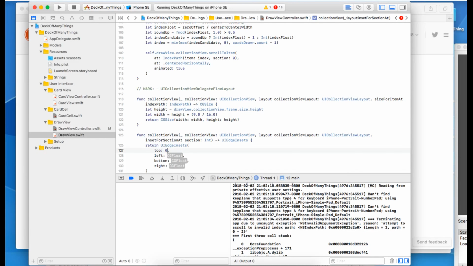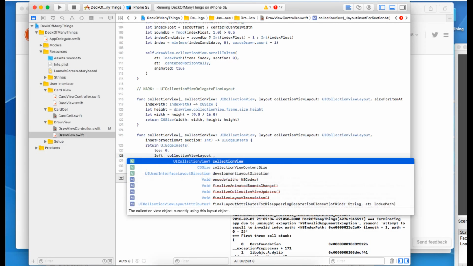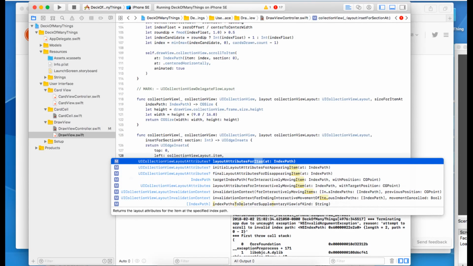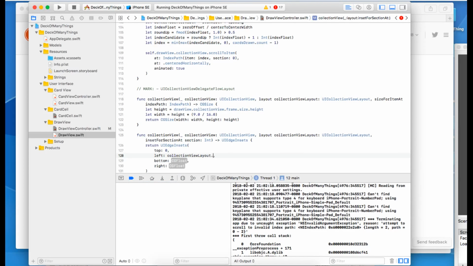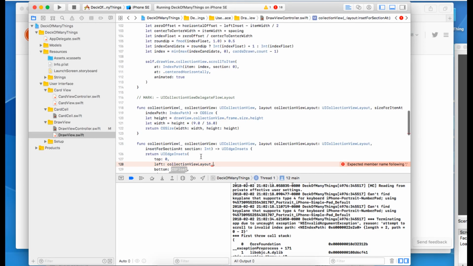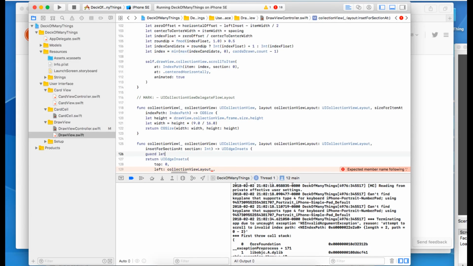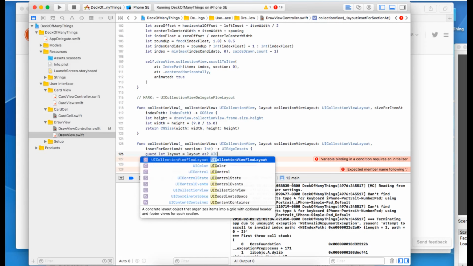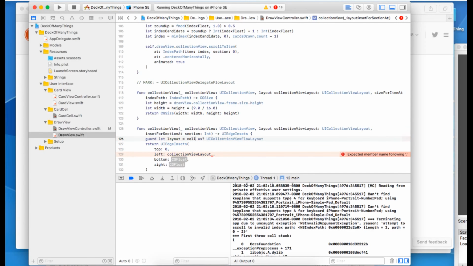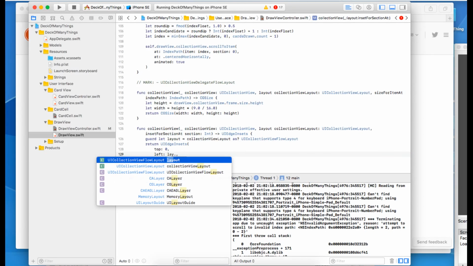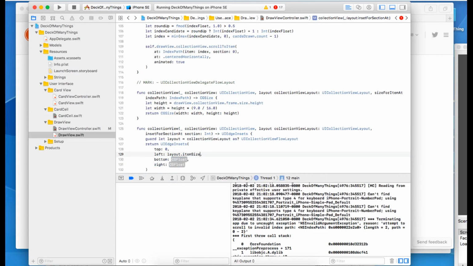So top will be 0, left will be layout dot item, oh, it's just a layout. So layout dot item size dot width divided by, or